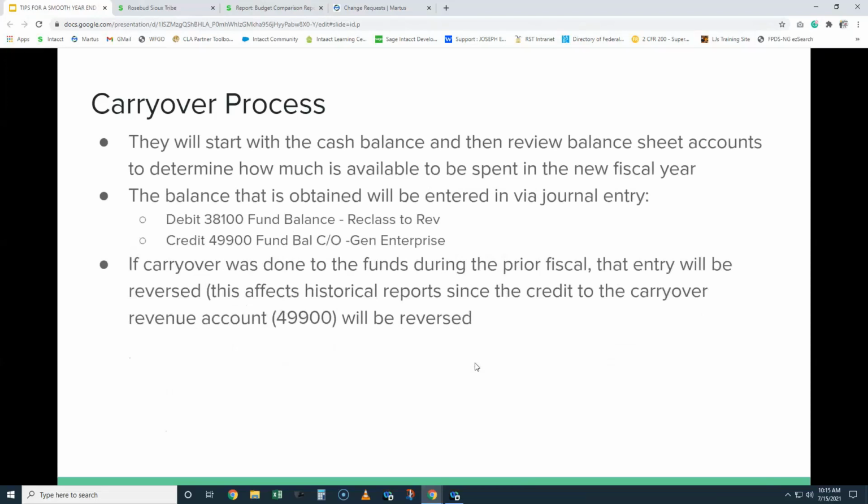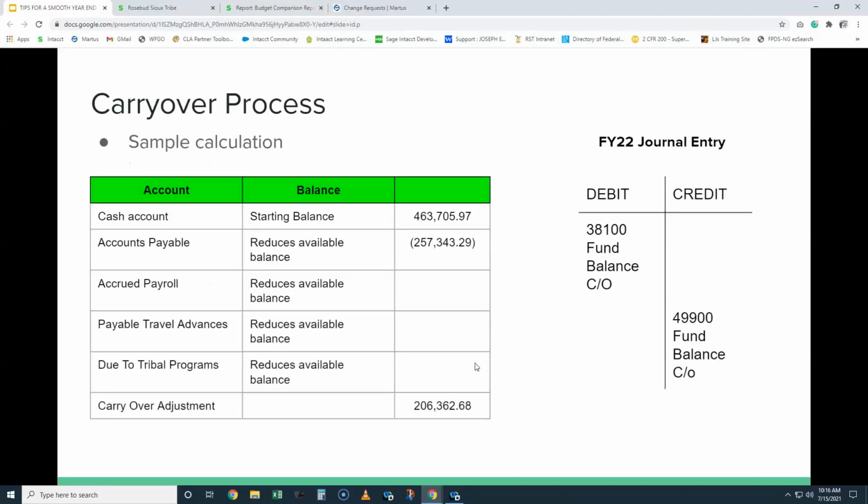Monitors start with the cash balance and then review their balance sheet accounts to determine how much is available. And then they make a journal entry. The one that we'd be concerned with as program users is the credit to account number 49900 for fund balance. Once we see that credit on our financial reports, that tells us we now have the funds available to budget for carryover. And this is what a sample would look like